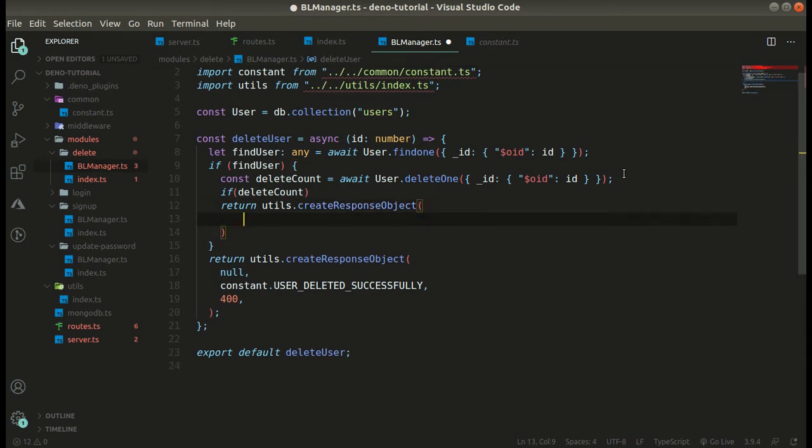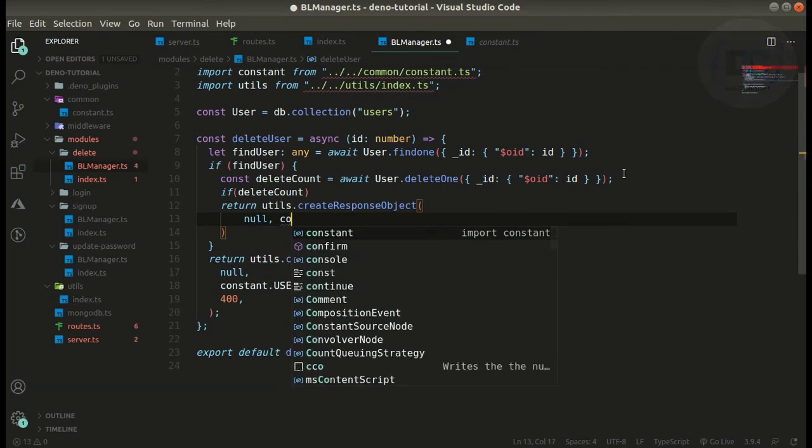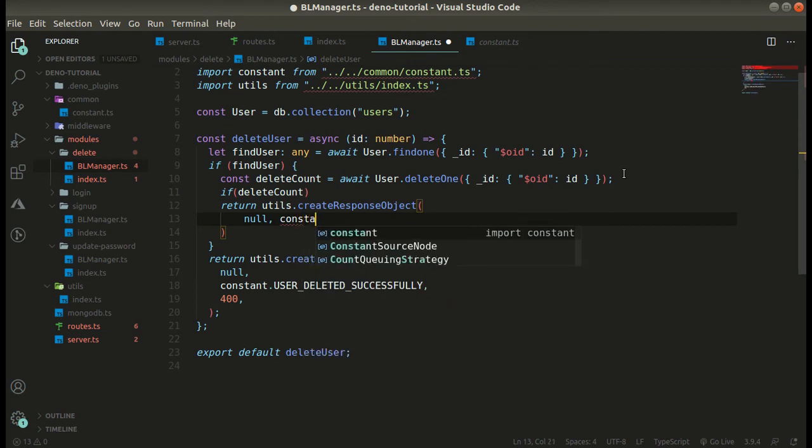And what we can send is, guys, the deleteCount, or we can simply send null, and we can also send constant.